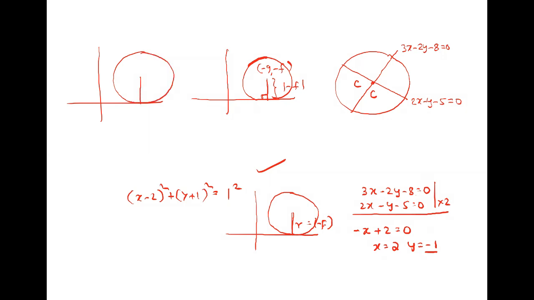Touching x-axis, minus g, minus f. It means what? This distance is minus g. This is equal to minus f. So radius is equal to mod of minus f. Touches y-axis: this is the radius, minus g, mod of minus g comma minus f. Understood?